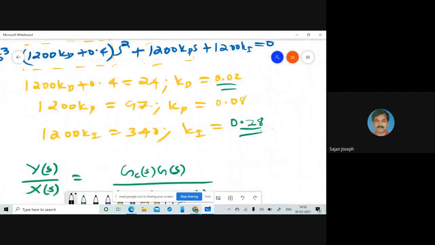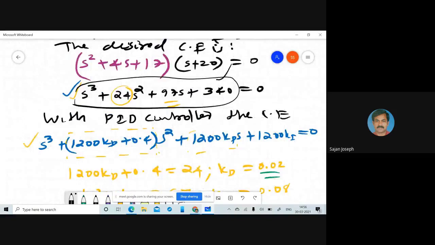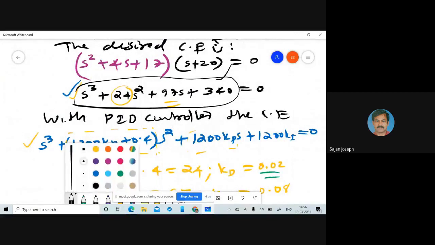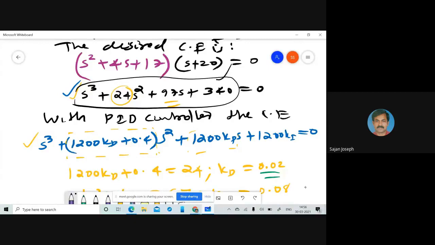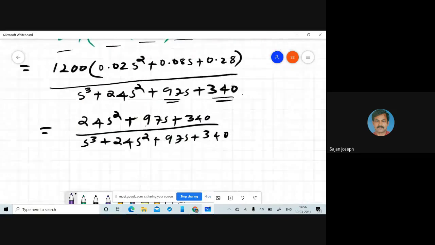You can see this is actually an approximation, 0.28. These figures will be anyhow coming. So even if you take it as 336, no problem. Which value you prefer, you can use that. Even with 336 too, it will work. You can take, for example, that as 0.3, then it is 360.